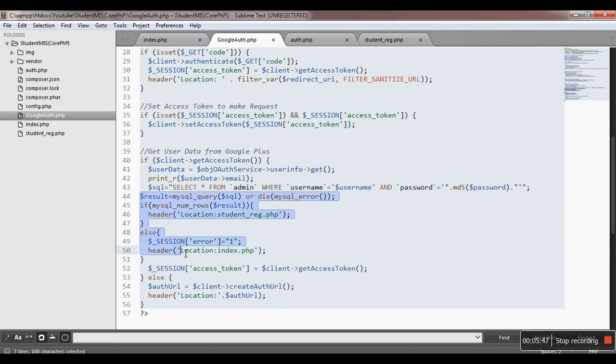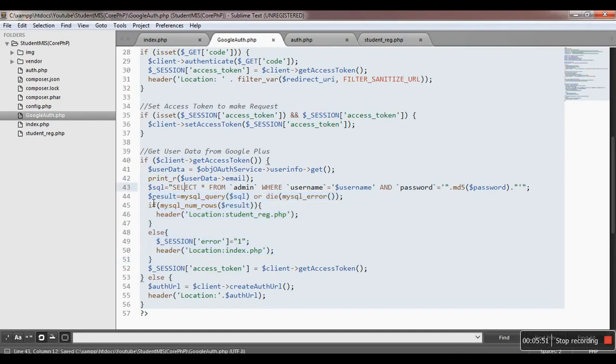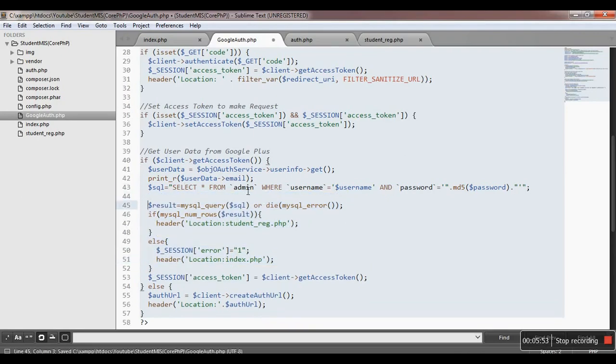Just indent it properly so that we can understand the code. So I again need to select star from admin, where username this time will not be username, it will be user data email, and we do not need the password because there is no use of a password.